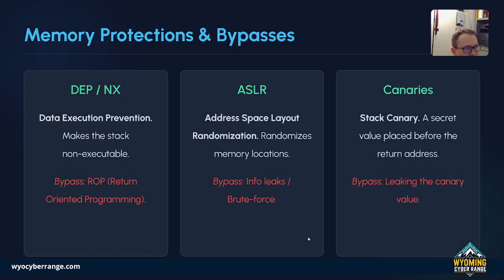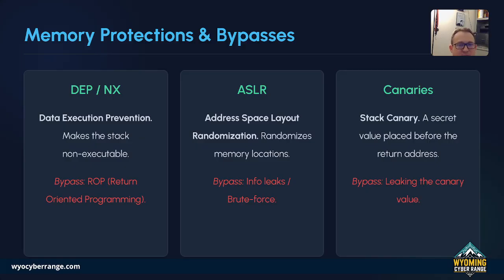Now, modern operating systems don't just let this happen, okay? They're going to have built-in protections, something like DEP, data execution prevention, and this is going to make the stack non-executable. However, attackers can bypass this by using a technique like ROP, which is return-oriented programming. We have other things like ASLR, which randomizes the memory locations so attackers can't easily guess where the code is. Now, attackers can still bypass this by finding information through info leaks, okay, or just brute forcing addresses, just